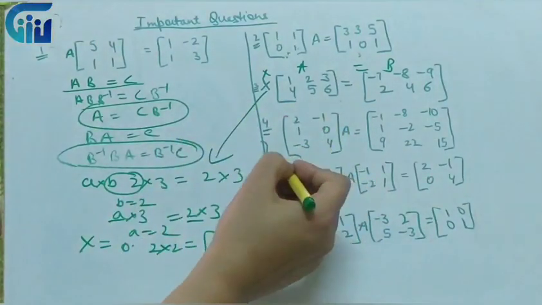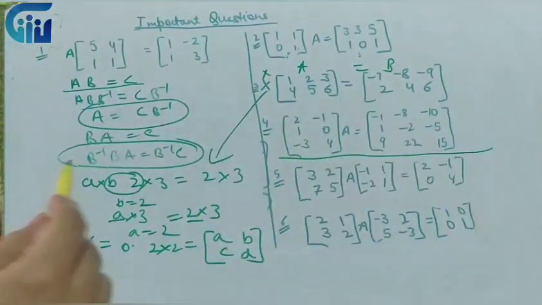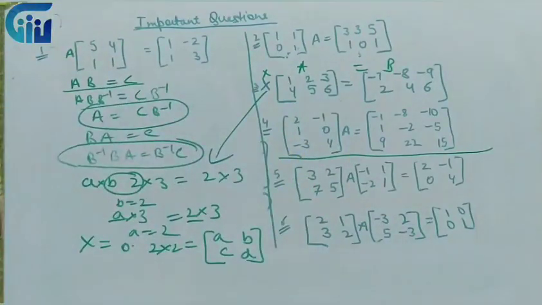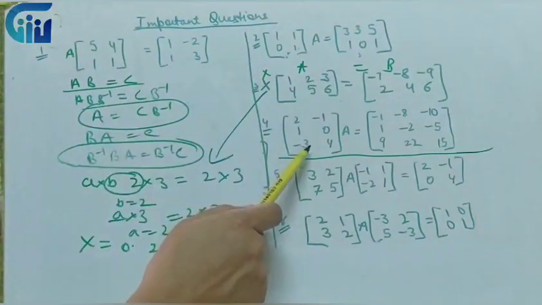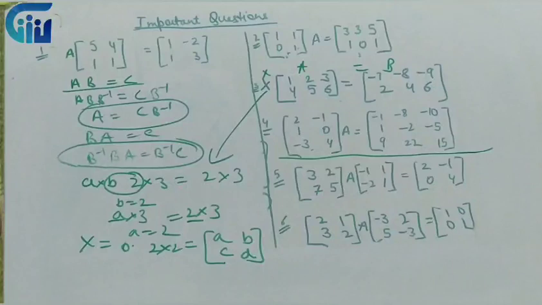The same applies to question number 4 if I observe over here. Again I cannot multiply it by its inverse, the reason being this is not a square matrix. It is again a rectangular matrix, so we have to do it by this particular method. So I recommend you to do this question. It is very important, you will be able to clear all your doubts. Now moving on to next question number 5.